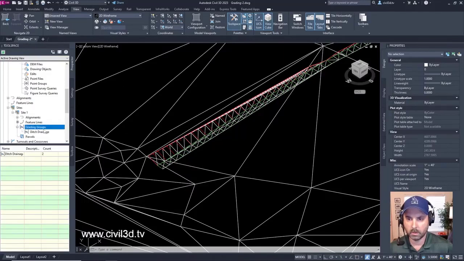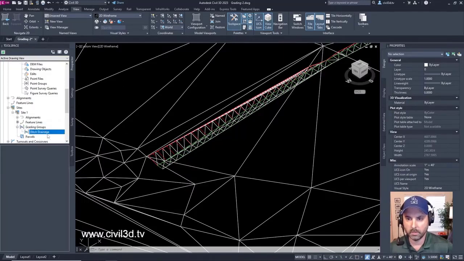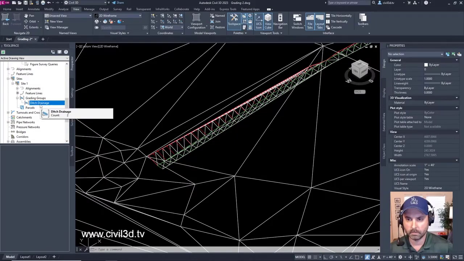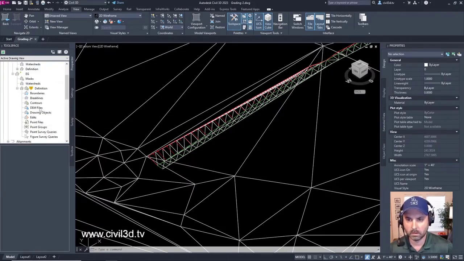Little grading group. Here's my ditch drainage surface. Wait a minute. No, that's not it. Yeah, here it is. Ditch drainage.